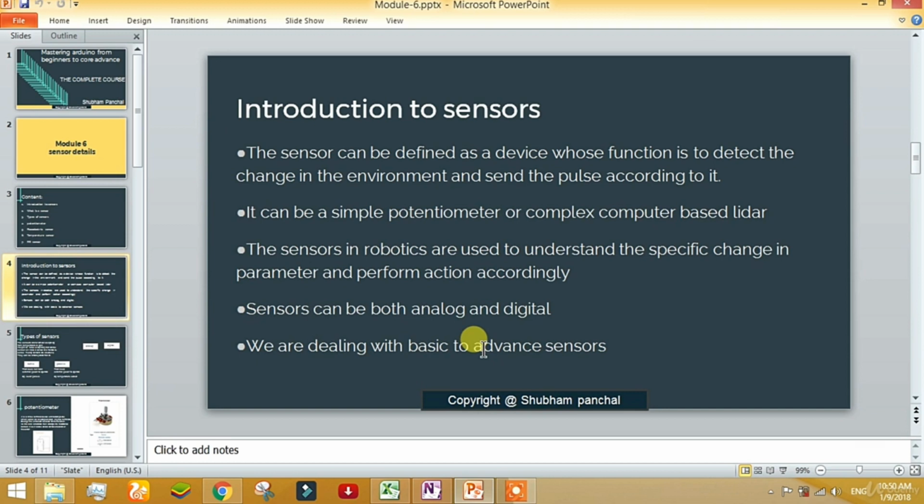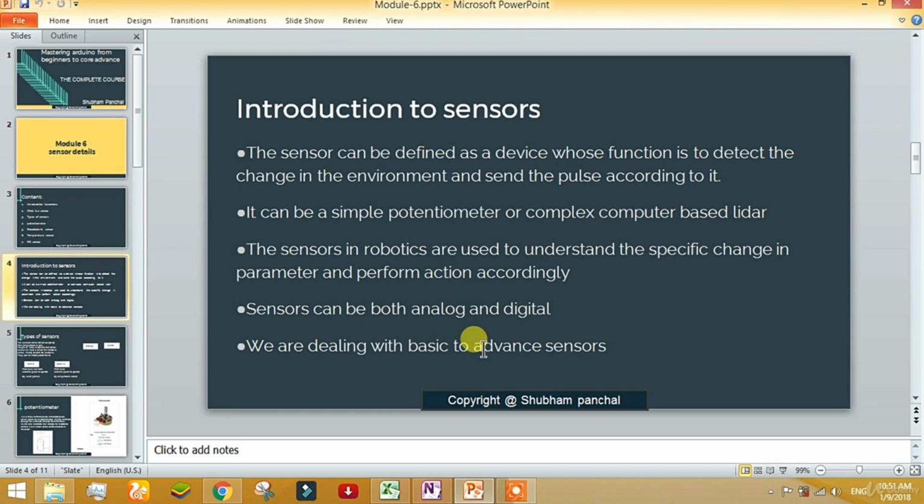What is a sensor? A sensor can be said to be anything that takes an input from the environment and gives an output to the system connected to it, which is used to record the change in the environment. This was the technical definition. Simply, a sensor is a machine connected to a system which is used to give any specific changes in the environment to the machine.